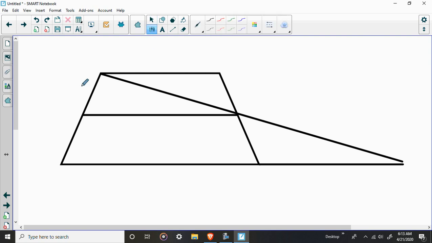Now, your theorem told us the same thing. It said that this right here was the same length as here, and this right here was the same length as here. And they told you that essentially if I averaged the top and the bottom, if I added the top and the bottom together and divided by 2, I would get this part right here. Okay? So the first thing we want to notice is